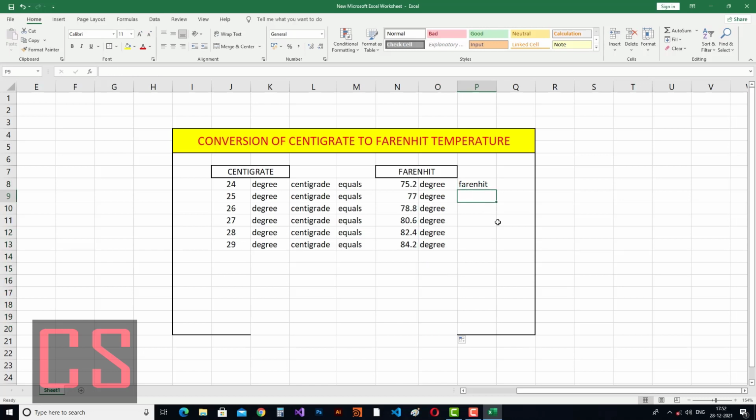And here also, equals if this equals nothing, then output will be nothing, else output will be Fahrenheit.